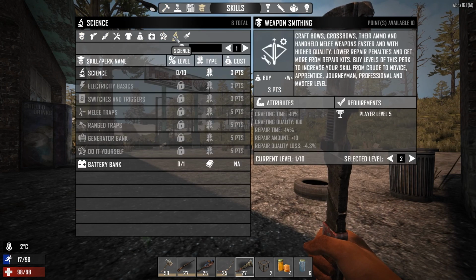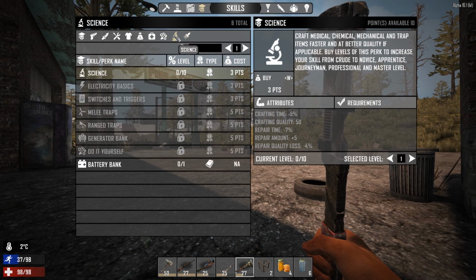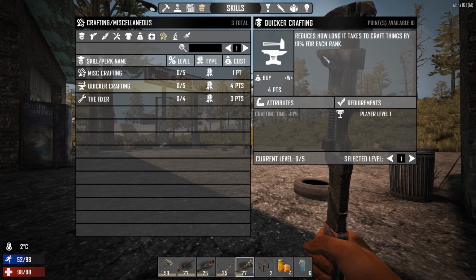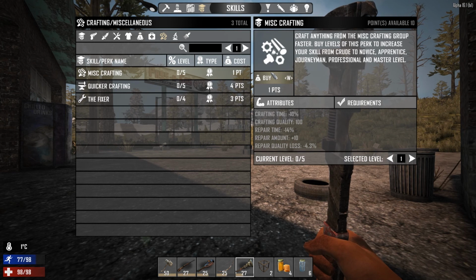not too sure what. What have we got up here? Science. Craft medical, chemical, mechanical, and trap items faster and at better quality. Okay, I'm not really interested in that right now. Quicker crafting. Reduces how long it takes to craft things by 10% for each rank. I'm guessing because we've not leveled up any of that, we need to spend points to get it. Reduces repair time, miscellaneous crafting, again. I'm looking at things like